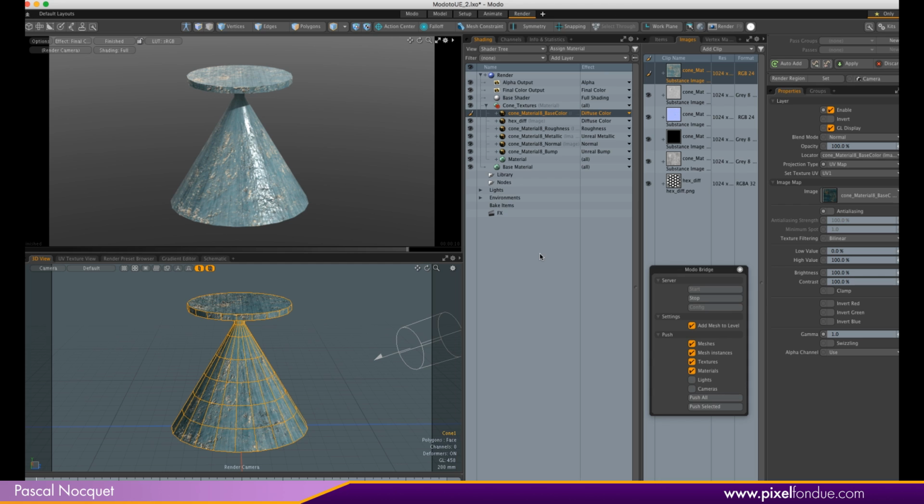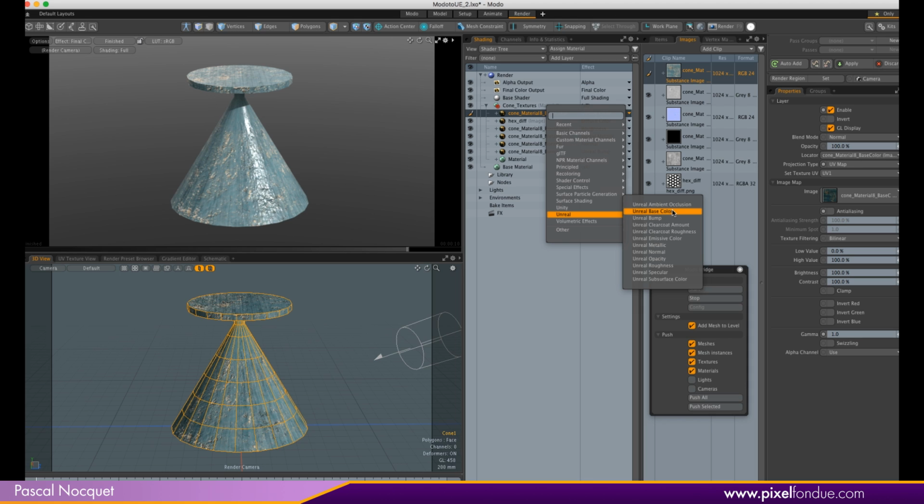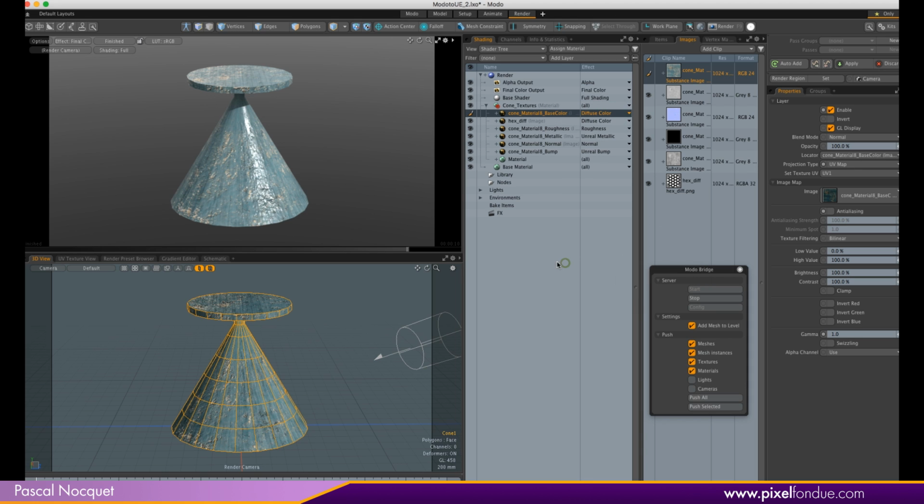And for the textures, you can assign a specific Unreal assignment. So base color, roughness, whatever. What I've noticed though is that even if you don't, they get transferred correctly. So you don't have to. The only one that doesn't work from my tries is the